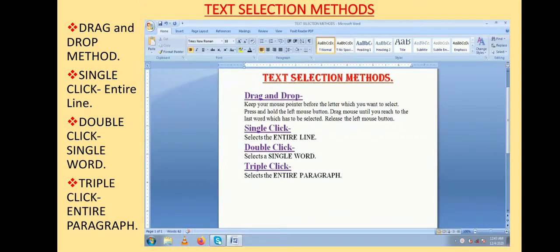Drag and drop. Suppose you have to select a particular portion of your text. Then you can use this method called drag and drop.